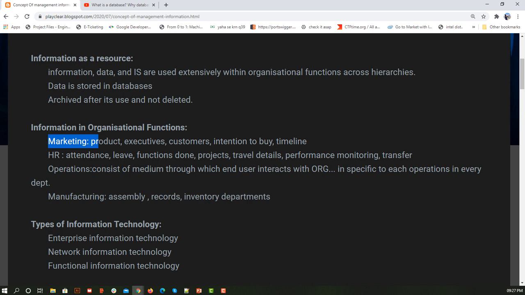So this kind of analysis and techniques you come across when you use the information in the marketing department. Now similarly HR. Here we have certain employees, and whenever they come in, attendance is taken. Whenever they apply, the leaves they have taken are recorded. All this data that is generated based on the employees